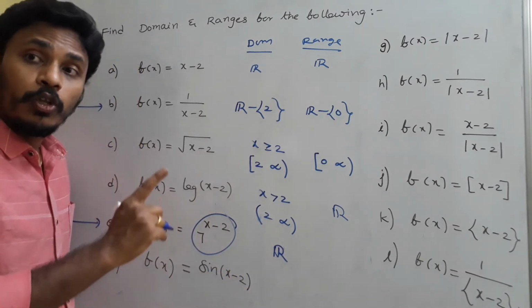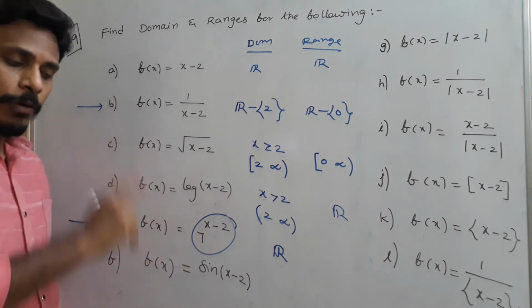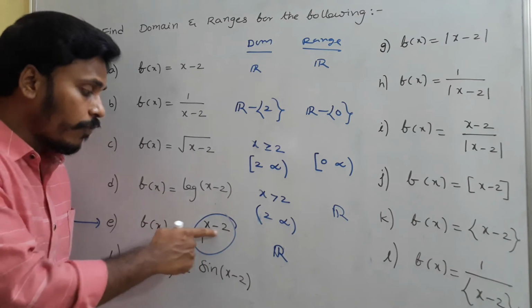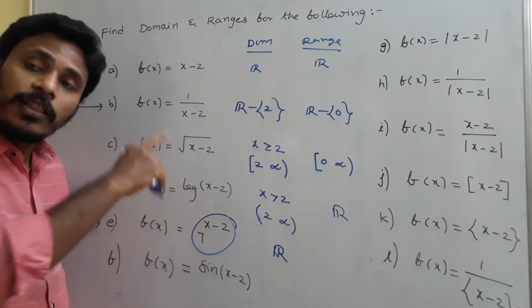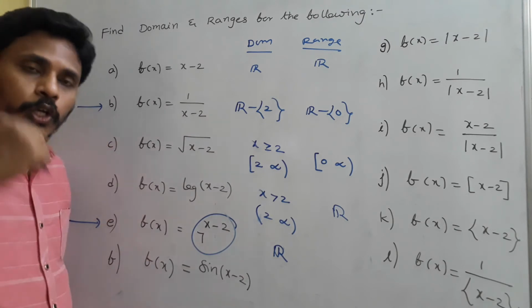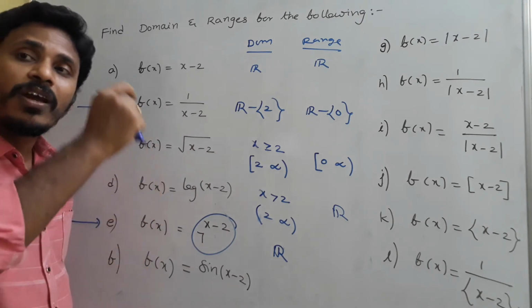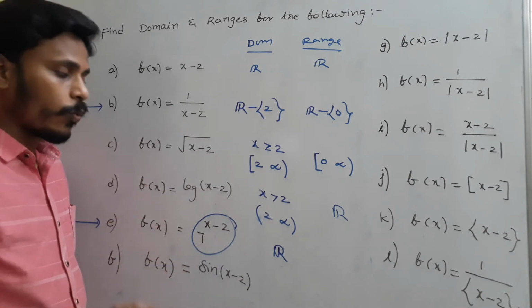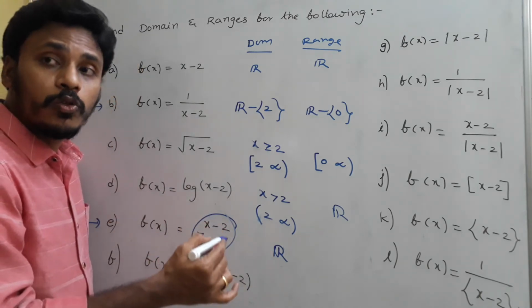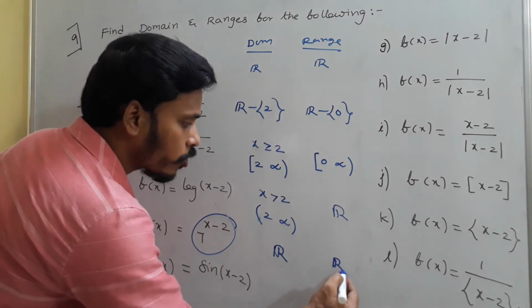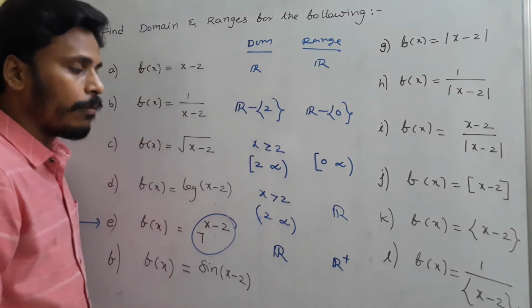But coming to the range, as I mentioned in the previous case as a standard function, if you take a real number in the place of a negative number, still the result is positive. If it is a positive number, still the result is positive. You just think about it: 7 power any number is always positive. It won't become negative, and that's why the range is all positive real numbers. We can't even get 0. Only positive real numbers is the range.